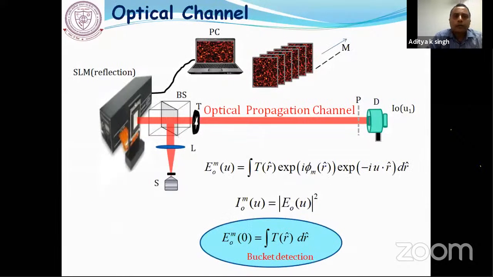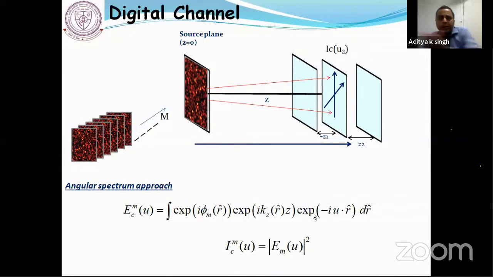Okay, so this is the optical channel that I just tried to explain. You have the information, and that information goes to the single pixel detector, and you integrate it. So what you get is almost nothing. Everything is scrambled; all information of the object is mixed. Now this complex field or intensity, you are correlating with the digitally propagated one. As I mentioned earlier, digitally you can propagate anywhere, either z equal to 0 or minus z1 or z2, and then correlate.